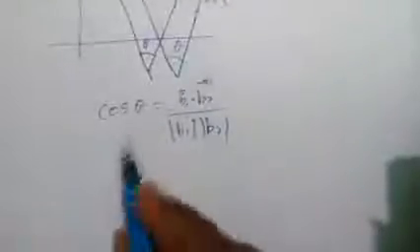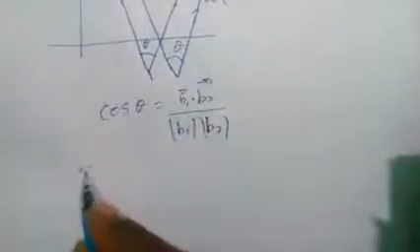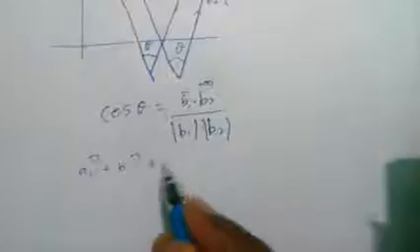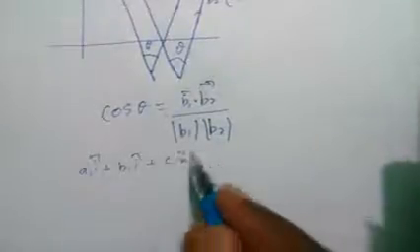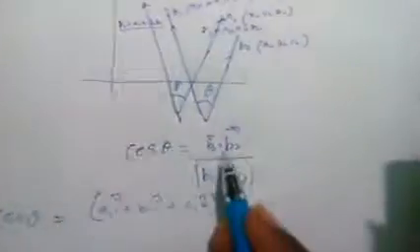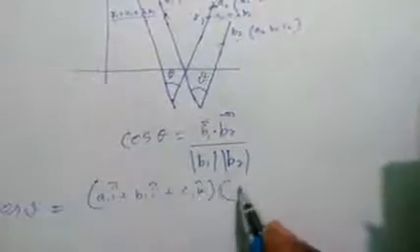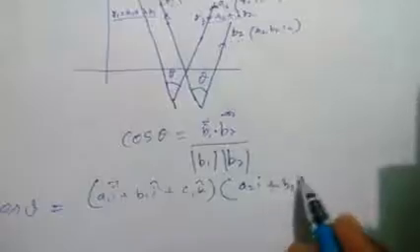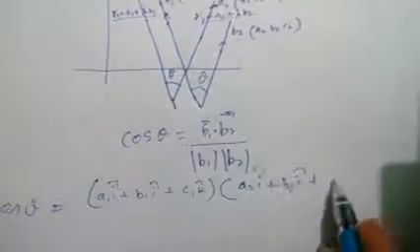So instead of b1 I shall write a1i plus b1j plus c1k. Our cos theta will be equal to, putting the value of b1 here, and b2 is a2i plus b2j plus c2k,